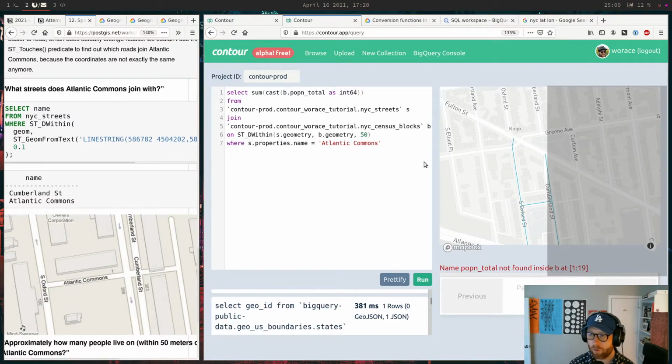Oh, b.properties. I'm going to join streets to census blocks and get all the ones that are within 50 meters of Atlantic Commons. Actually, hold on. I'm thinking about this more. Let's run this. I'm not sure that's the right way to write that join or not.